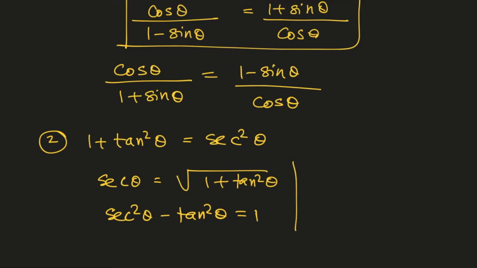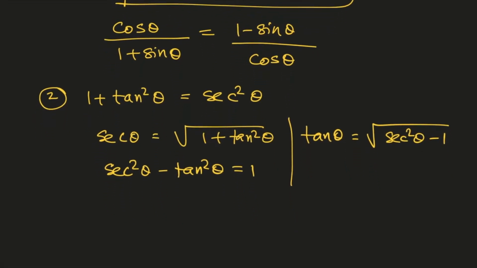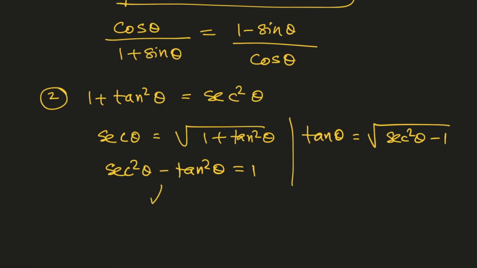Another thing you can write from here is tan theta is equal to root over sec squared theta minus 1. And from this you can write sec theta minus tan theta into sec theta plus tan theta